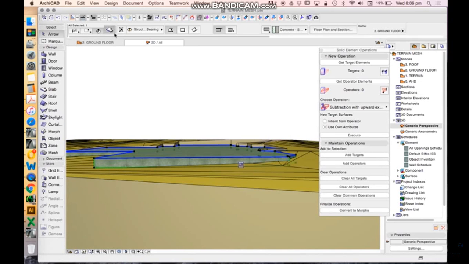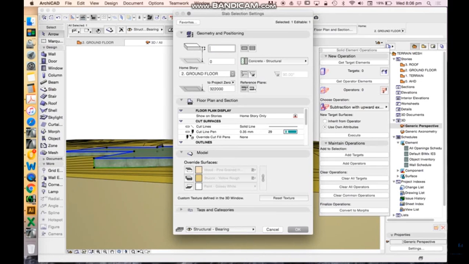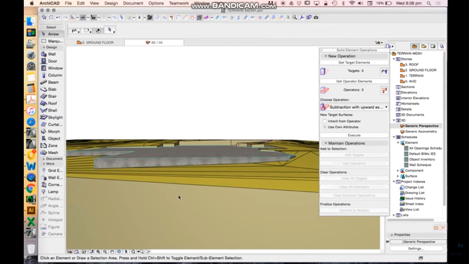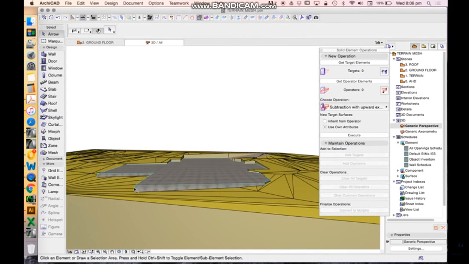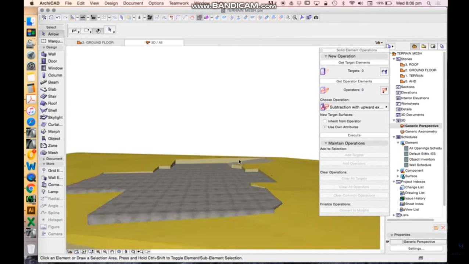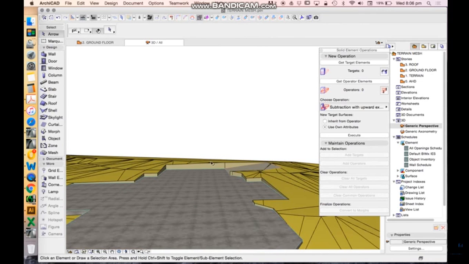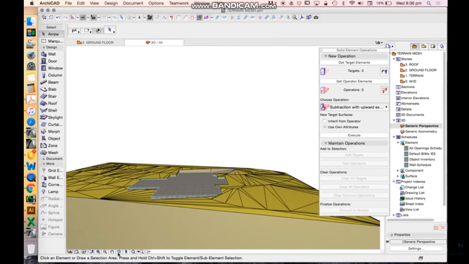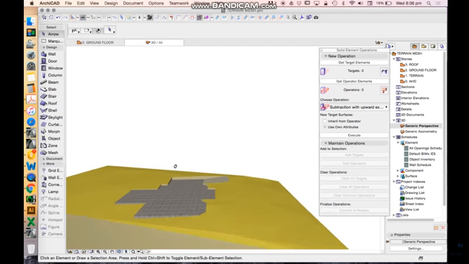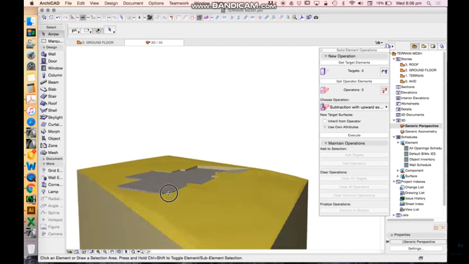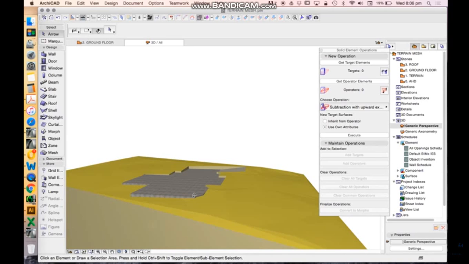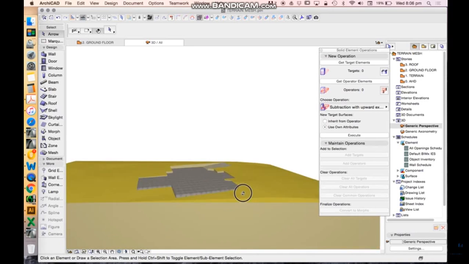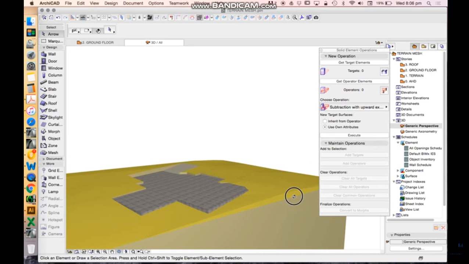Let's make this a bit deeper. Let's make it 600 or 900, just so we can see that we have a bit of depth over here where we're sticking out of the ground, and here we have depth where we're cutting into the ground. That would therefore mean there's a decent amount of excavation to be done on site. Now, if that was simple, sandy, maybe clay soil, it would be a different matter to if this was a hard stone bedrock that we're cutting into. And in terms of a design consideration, we want to consider